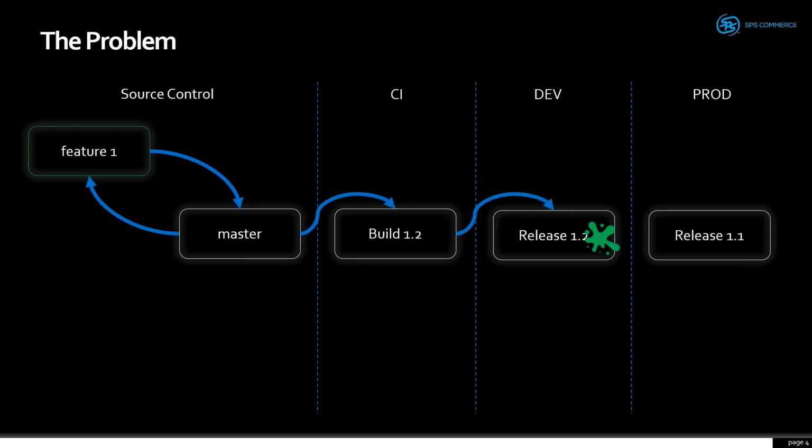We have version 1.1 there, but we need to get our code updated to the next version. And before our continuous delivery can deploy to production, the ominous gate typically comes in at this point. And what is this gate that's appeared that's blocked this deployment? It could be many different things in different